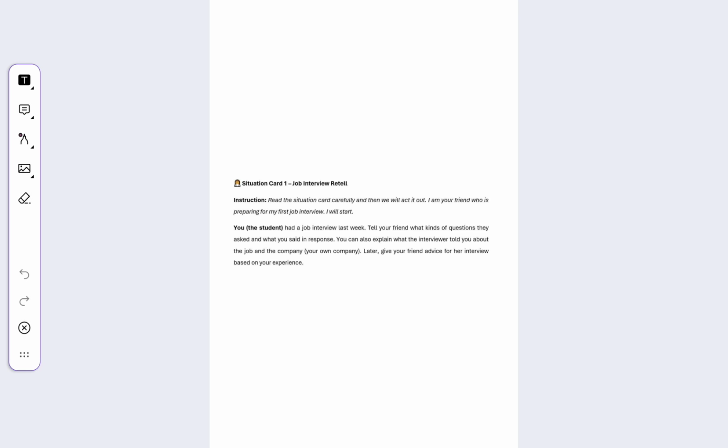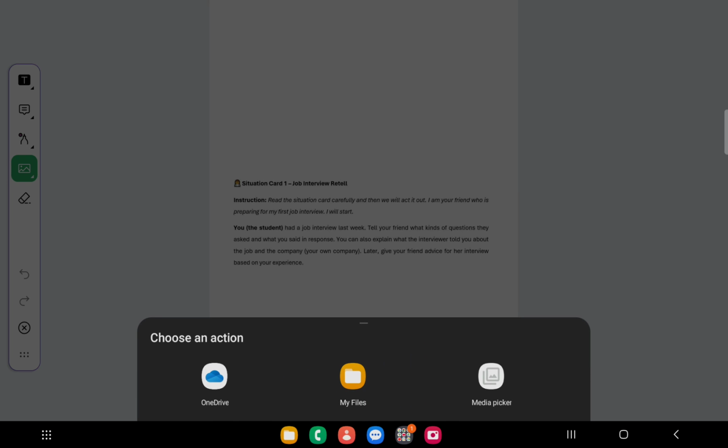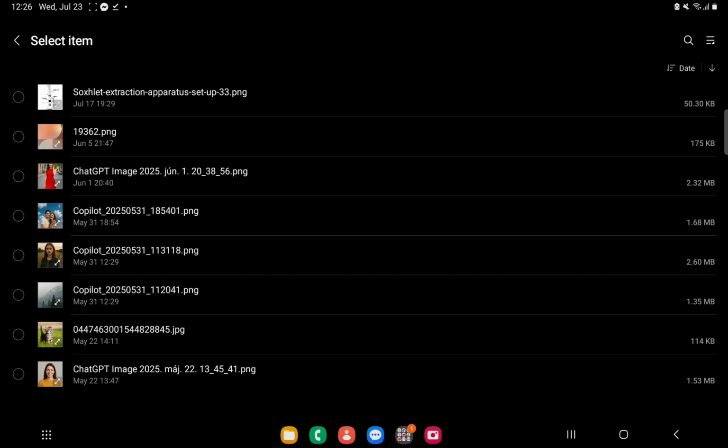the left. Click on the image button and then tap the text or the PDF file somewhere, and now we can choose a file from our gallery. I would like this file. Click on Done,